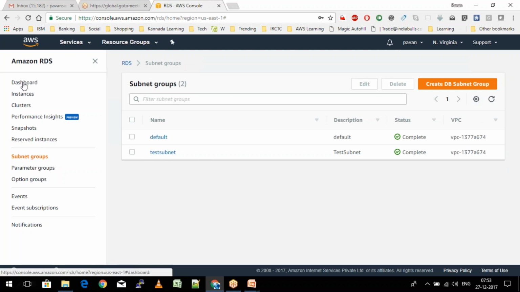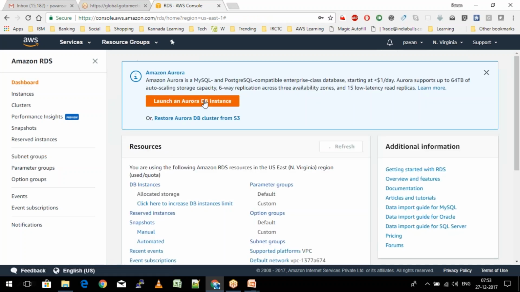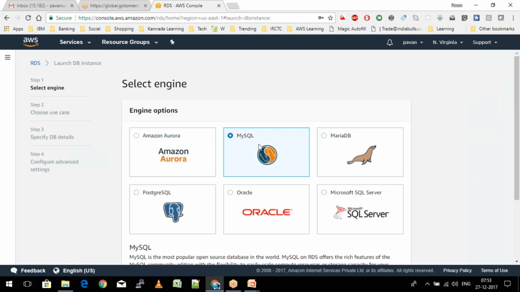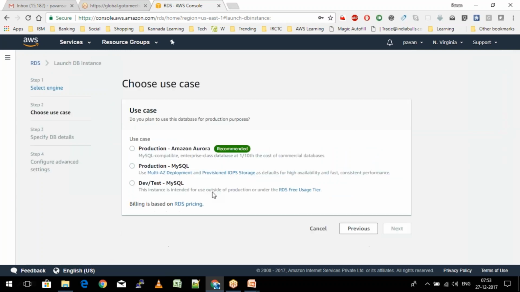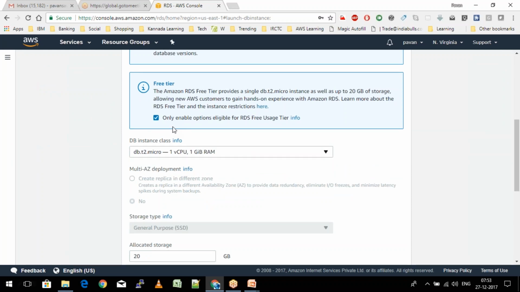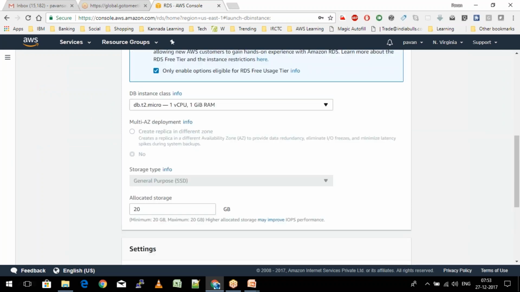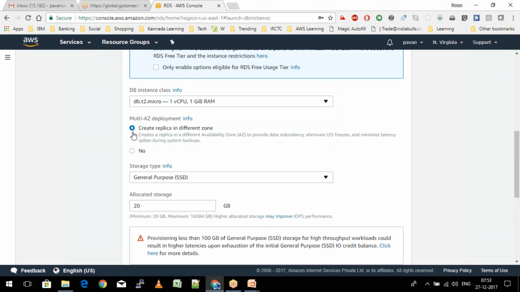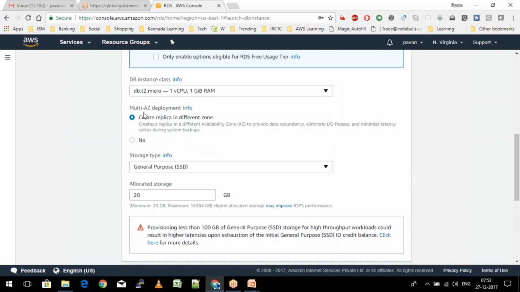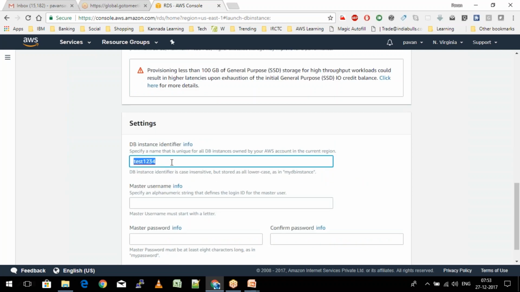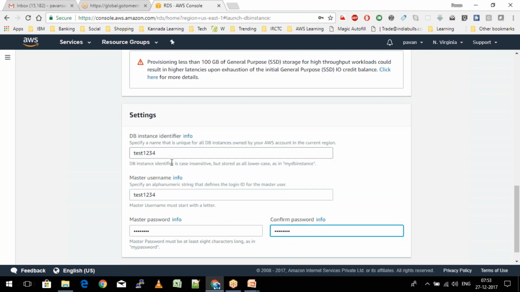Now if you remember, when we were trying to launch a database instance, let's try to do the activity part here. Here I'll say create a replica in different availability zones. So let's pick the multi-AZ option, and then I'll just go down here. I'll just give some random name. We are not going to launch it anyway. We're just going to check out what are the options we are going to get.